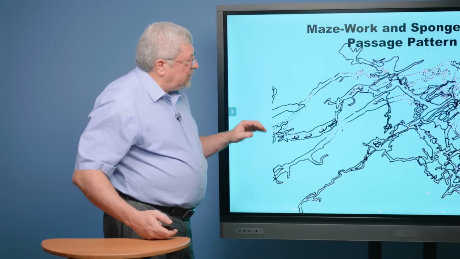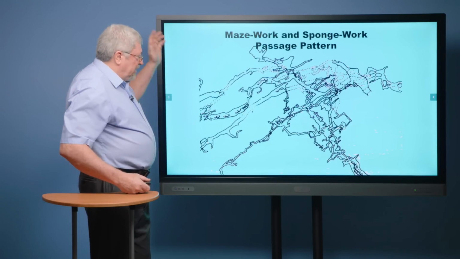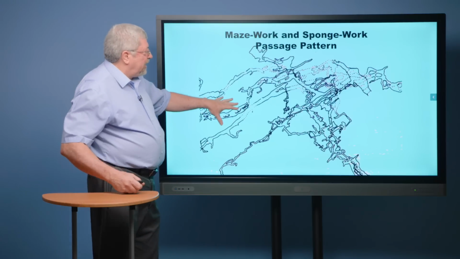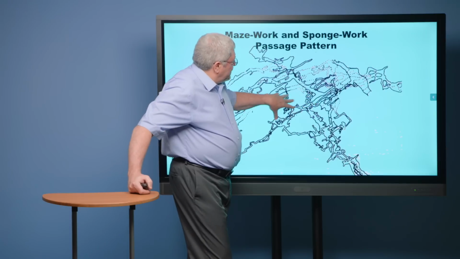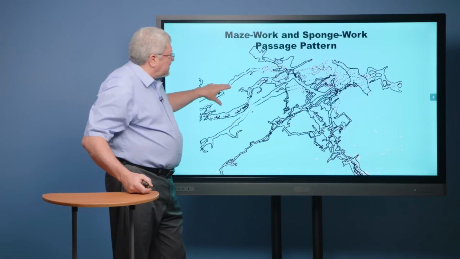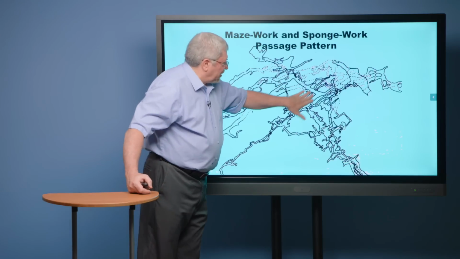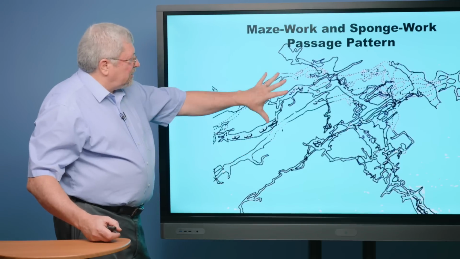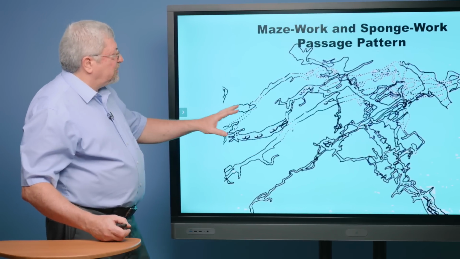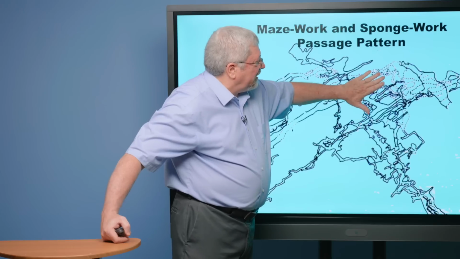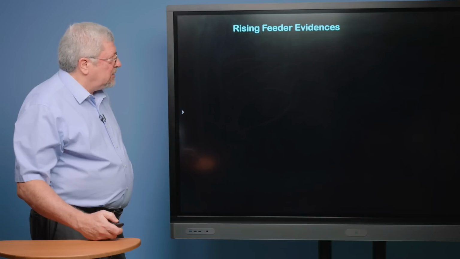This is another cave map made of the same cave, made some 40 years before I did the mapping, in a portion that I hadn't gotten to yet. The dotted lines indicate passages that are above the passages that are in dark. So this is the mazework pattern structure that's characteristic of the cave, and the multiple levels that is also true of hypogenic speleogenesis.